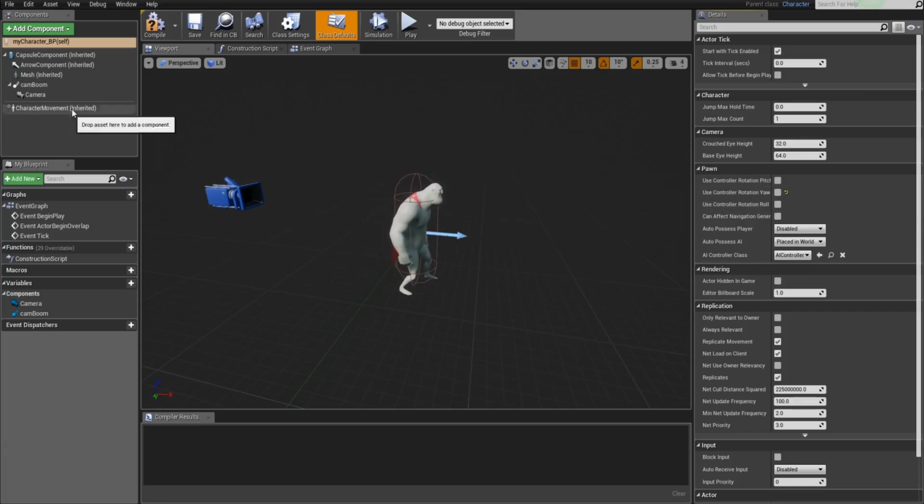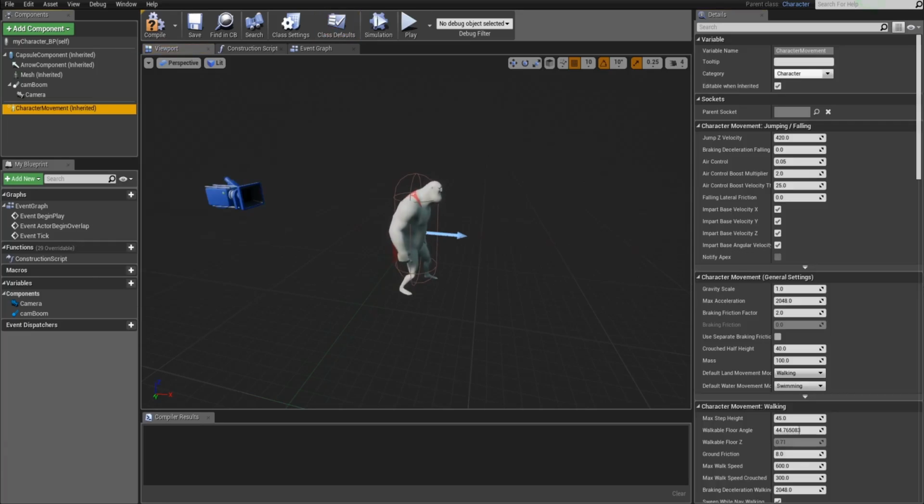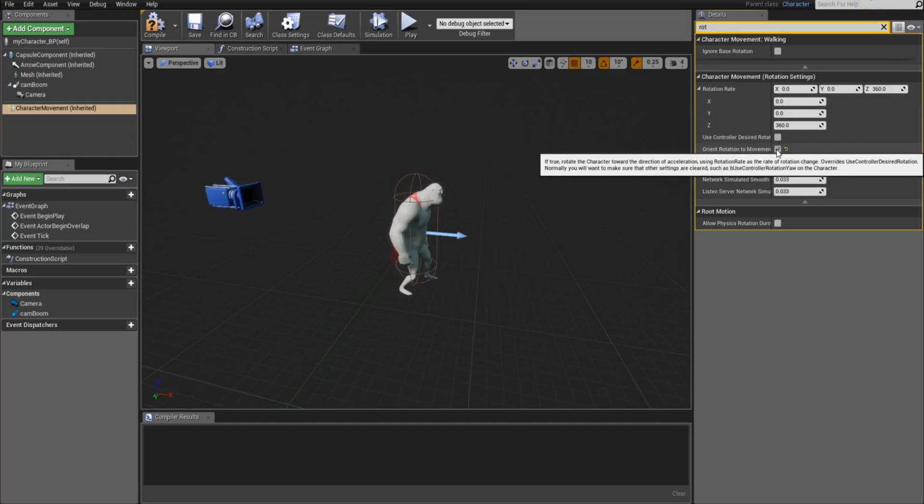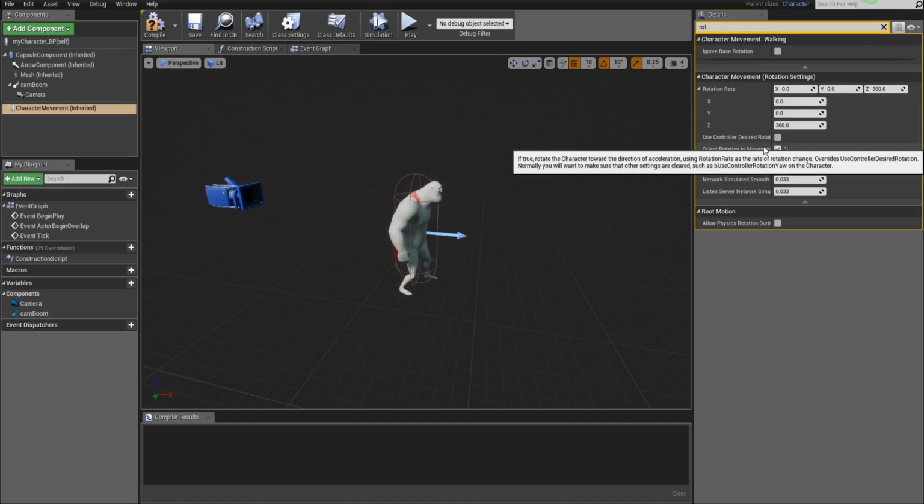In the character movement here, we need to look for rotation, so we filter out rotation, type the first few letters rot, and then we need to go to the section that says orient rotation to movement, so we have to tick that,